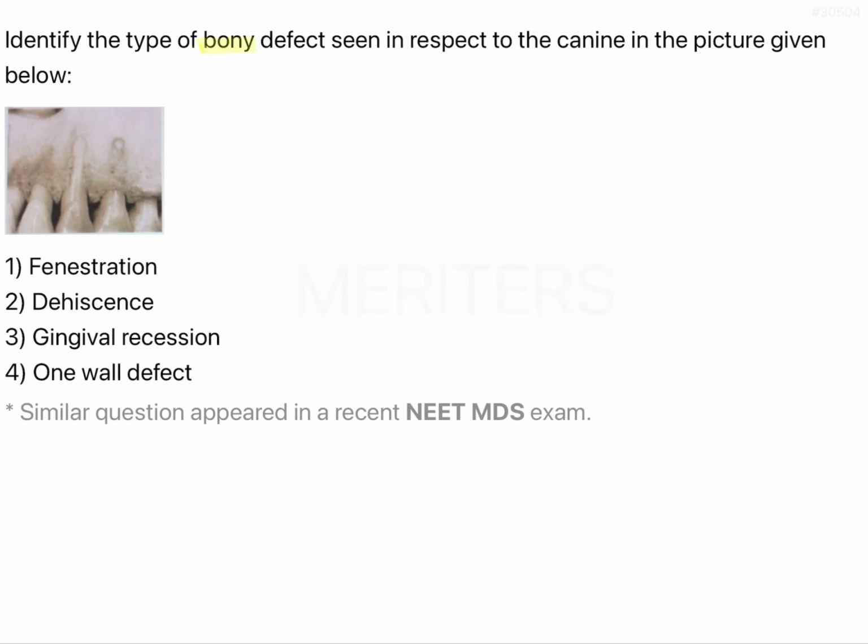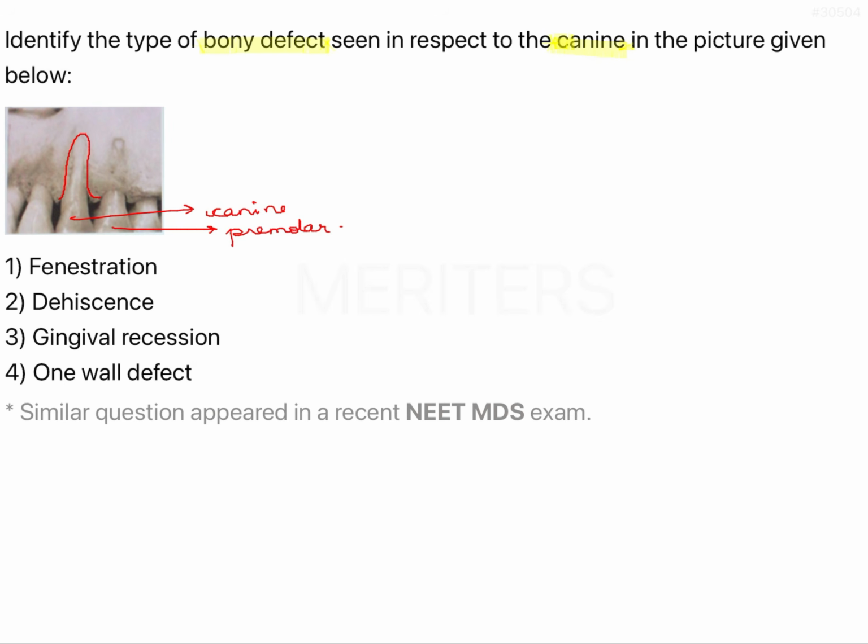Identify the type of bone defect seen in respect to the canine in the given picture. Okay, so here we have an image of a defect. This is the canine, this being the premolar. So if you see carefully, in the canine, the image shows loss of complete marginal bone